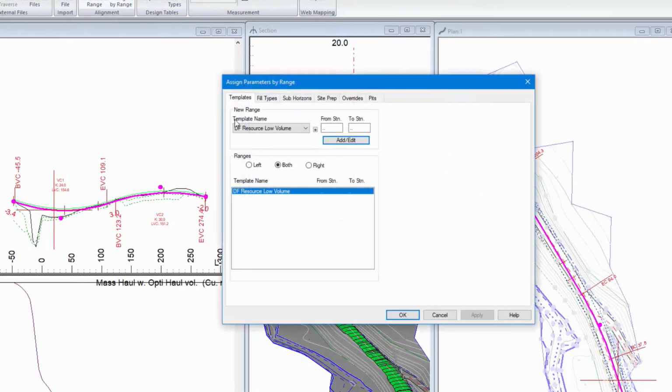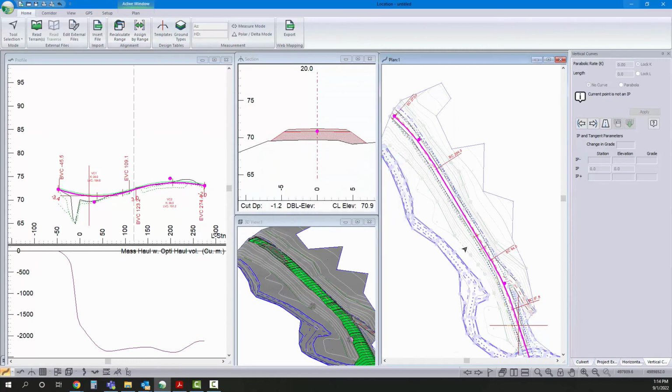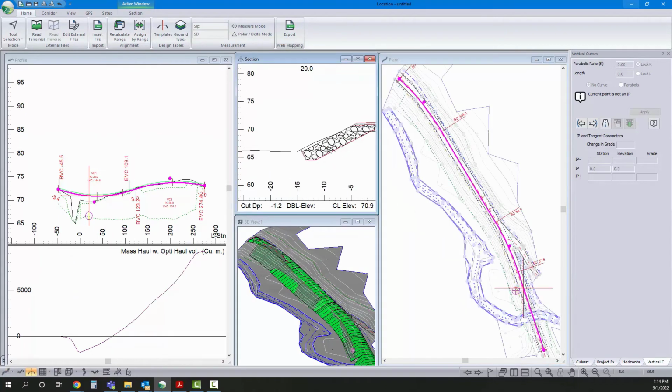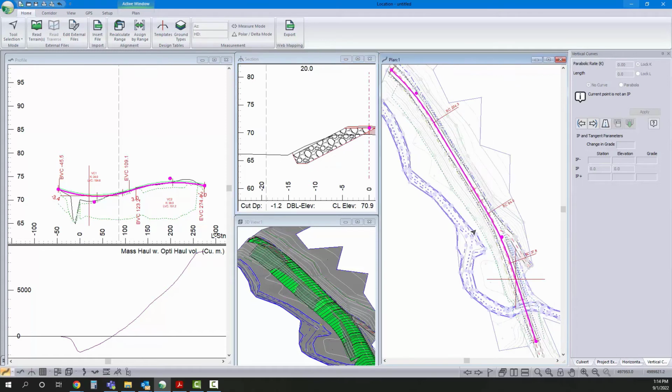We'll apply that template. From station 0, previous to that my approach is a negative in this case. Whoops. So station 0 onward, we'll apply that Rockfill template, which has that reference feature assigned. So there we are. Now, that reference feature that we've assigned works in this case, but you may not have a feature to use. So we could have also used an